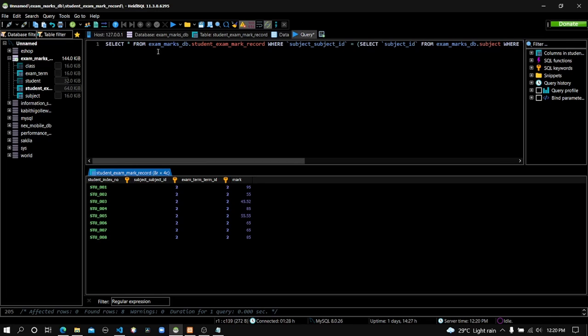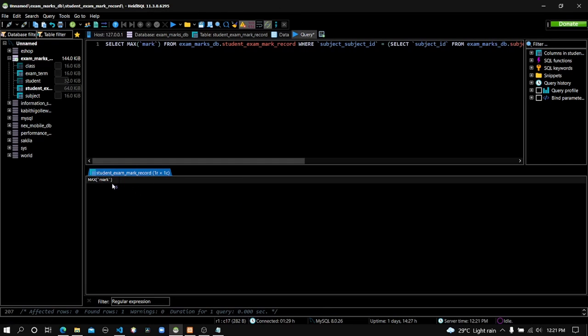For that we can use the max keyword. I'm finding the maximum value recorded inside the mark attribute within this result. So here I'm mentioning the mark attribute. Let's execute this one. You can see the highest mark is 95 in the second term test for the science subject, and